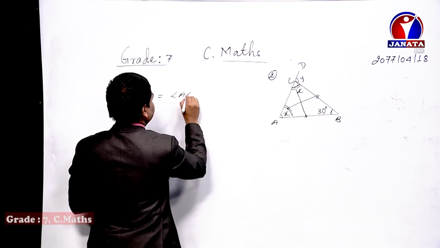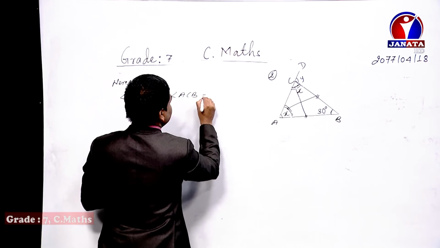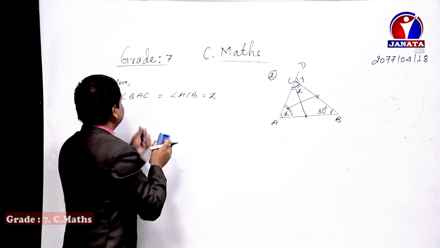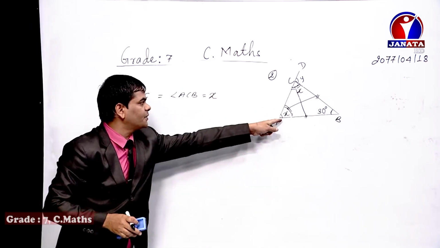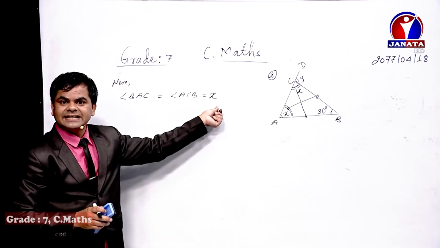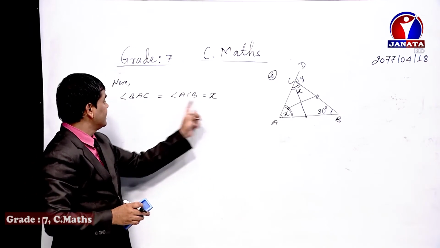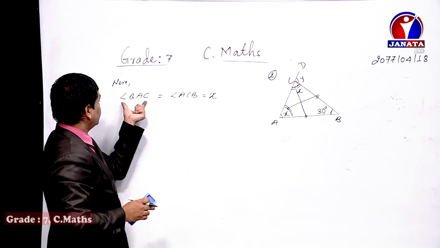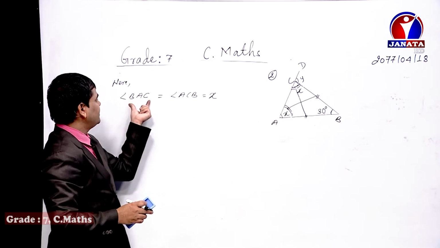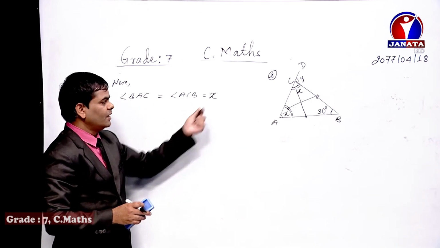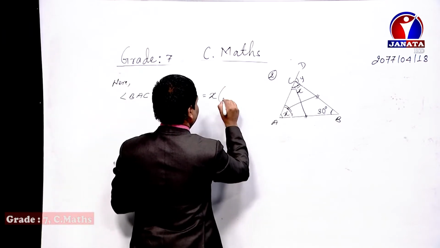Angle ACB equals x. Why? As this angle is mentioned as x in the question, to this one also we can write x. So altogether I have written the same sentence in combined form: angle BAC equals angle ACB equals x. Now the reason behind it will be